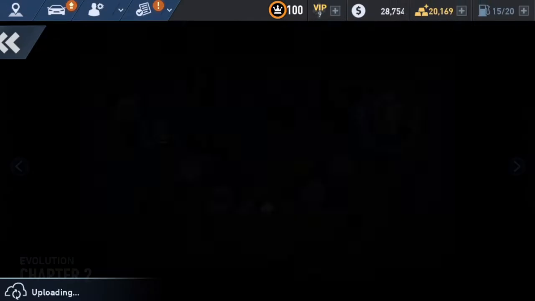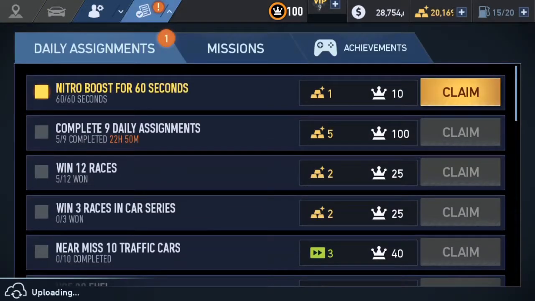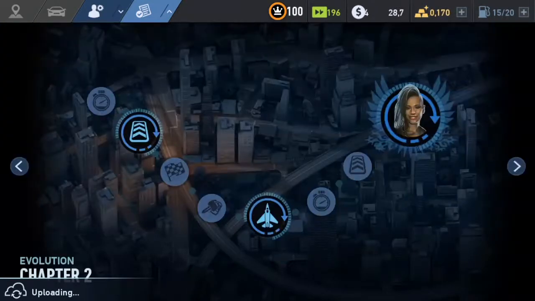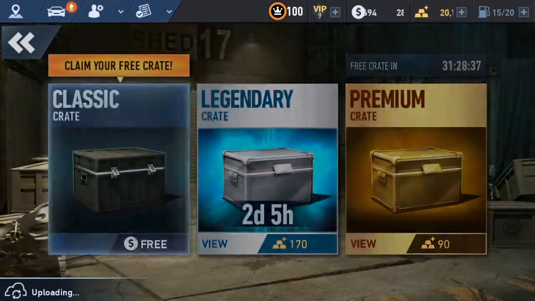I'll get to the second video later on today, and I'll be able to show you how I wrap up the dailies, and how I'm able to farm for some other materials instead of doing just airtime races. So we've done Nitro Boost, which is just another ordinary daily that comes in from just doing your average races. So there are a couple of dailies that you don't necessarily need to worry about, that just come through as you do your dailies. So we're going to pick up our second crate now,